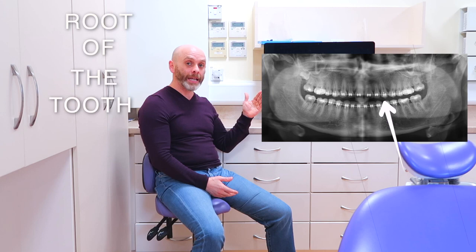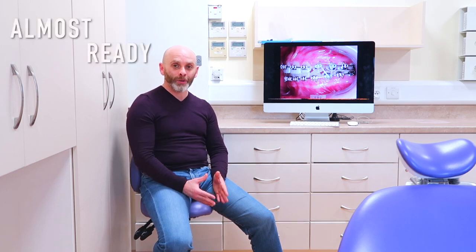Soon, Erica's permanent eye tooth has been aligned with the rest of her adult teeth, and her new x-ray reveals that the root of the tooth is now in the correct position. After just a few more visits of fine-tuning, we're now almost ready to remove Erica's braces. On the day that we removed Erica's braces, you can now see that her permanent eye tooth is in exactly